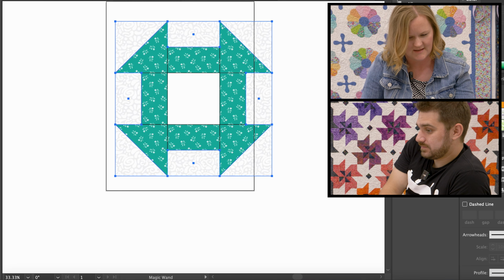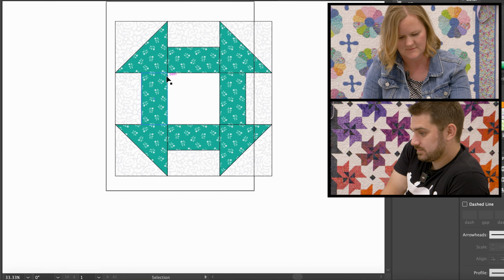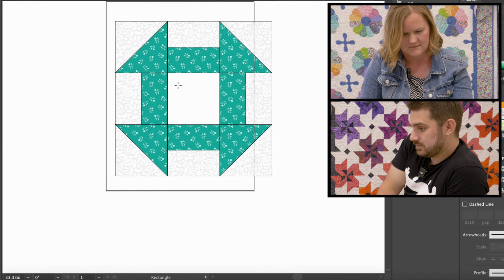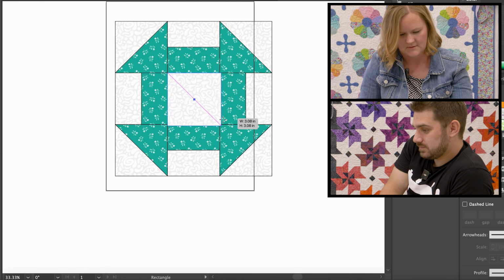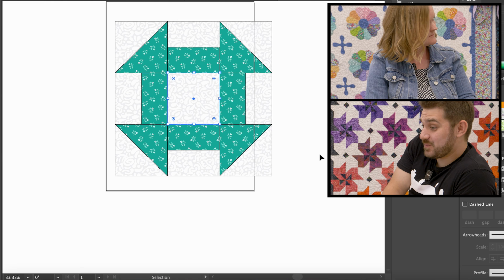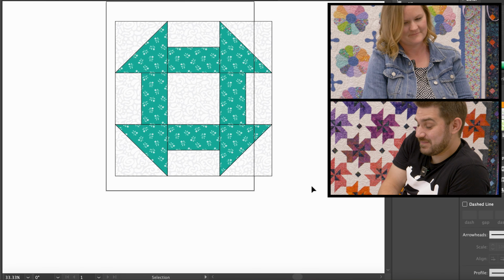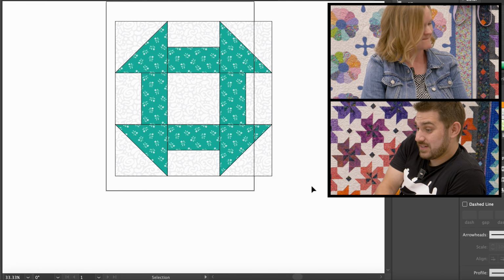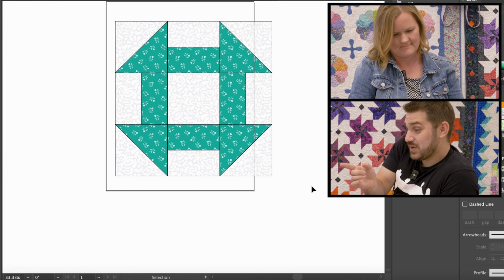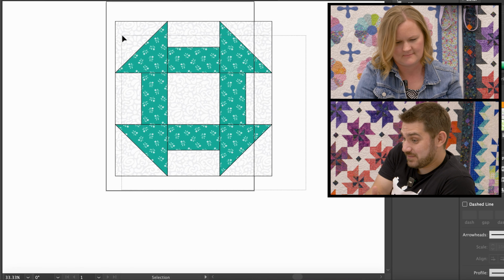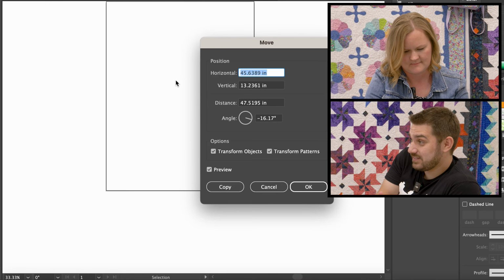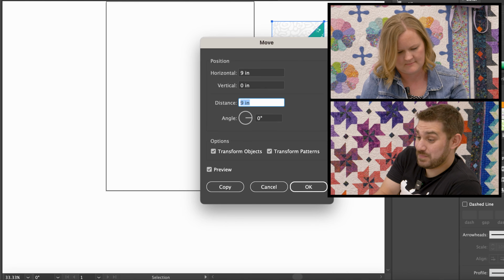Oh, and you can see I have a hole in it, right? I forgot to do something in my middle, but I can just draw a 3-inch square. Oh, that's just not there at all because you haven't put the block in. Yep. I see that. Well, let me have you do this then. Duplicate that, 3 over and 4 down,